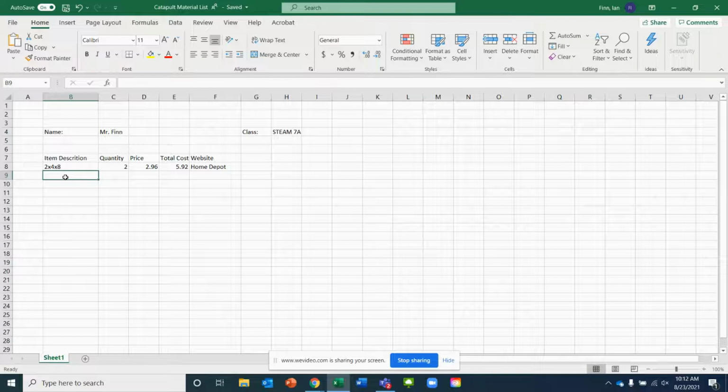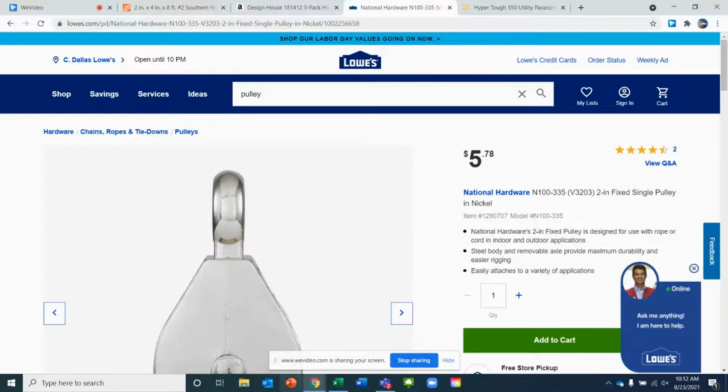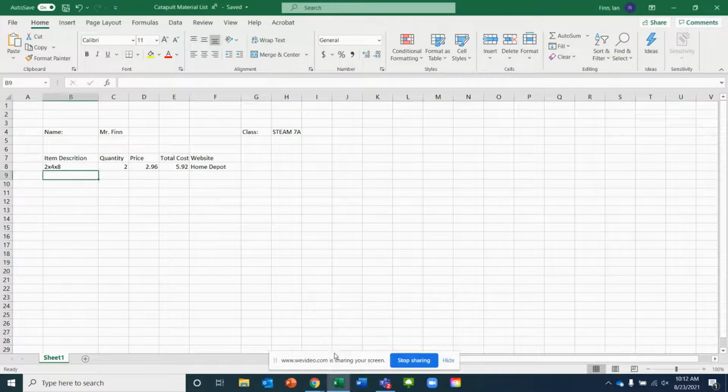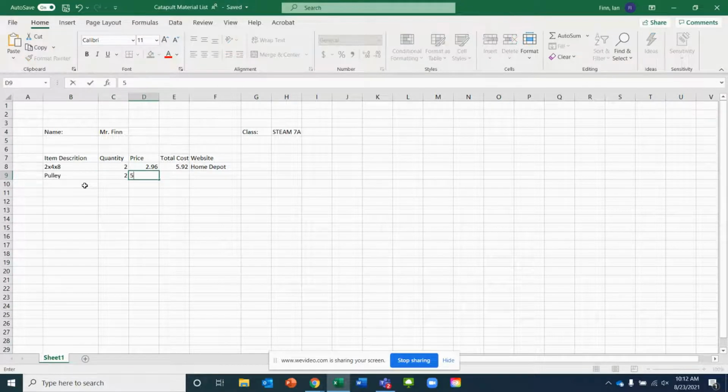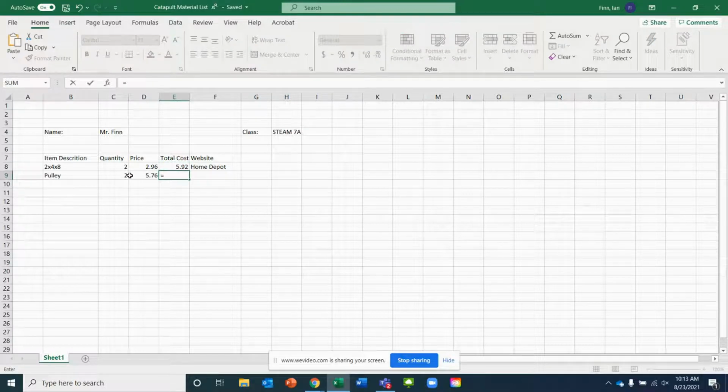All right, moving on to the next category here. We'll go back out here. Looks like we went to Lowe's and found ourselves a pulley at $5.78. Back to your Excel sheet here. We're going to say pulley. We wanted, let's go with 2 of those. 5.78. Now, one cool thing about this, if we have a formula, which was equals this